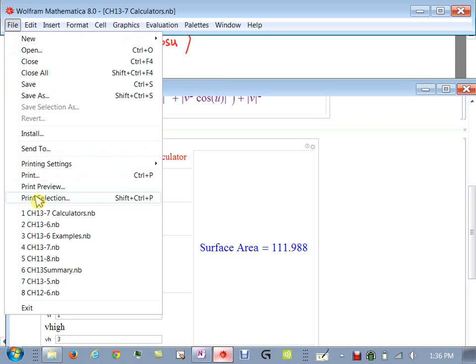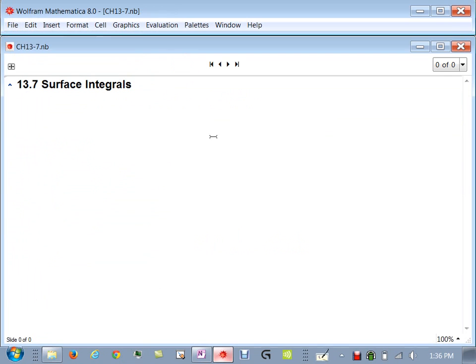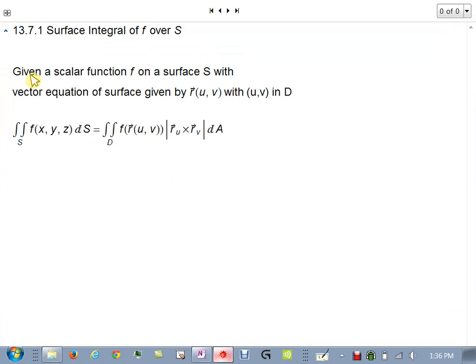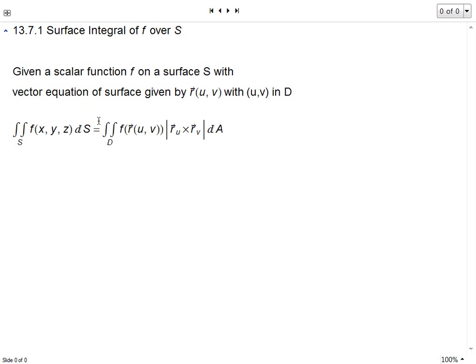13.7. All right. So if you're given a scalar function f on a surface, now compare this to the previous sections where we had a scalar function on a curve, and we defined the line integral, right? Scalar function on a curve was a line integral. Here we're given a scalar function on a surface,